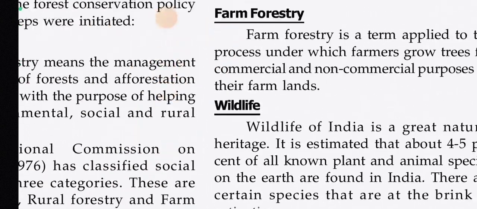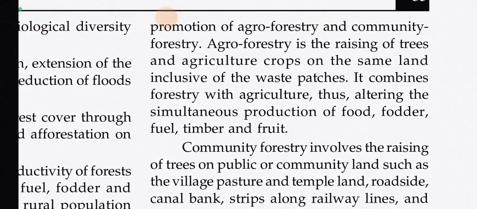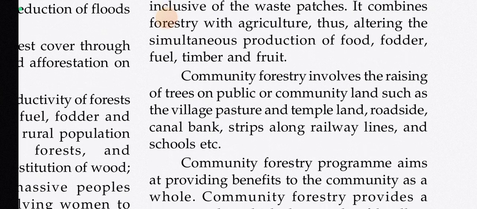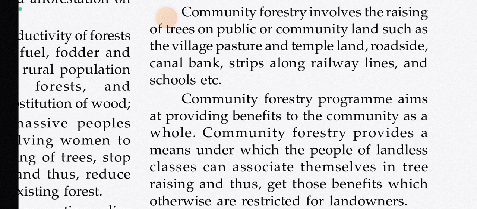Rural forestry lays emphasis on promotion of agroindustry, agroforestry and community forestry. Agroforestry is the raising of trees and agriculture crops on the same land, inclusive of the waste patches. It combines forestry with agriculture, thus allowing the simultaneous production of food, fodder, fuel, timber and fruit. Community forestry involves the raising of trees on public or community land such as the village pasture and temple land,